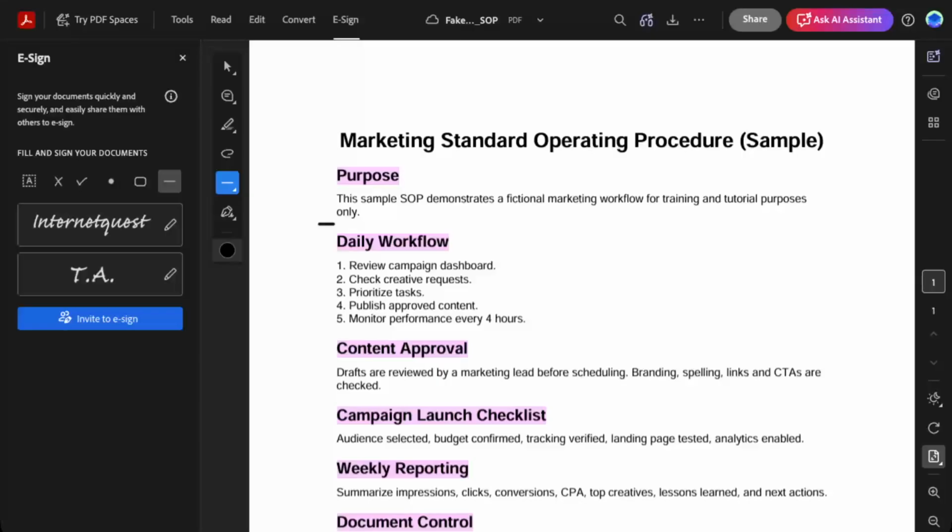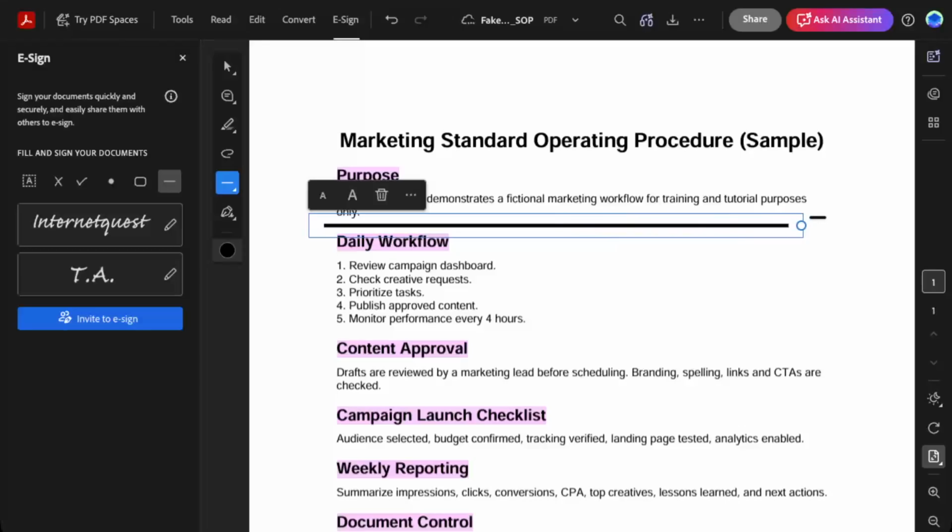With the line tool selected, go to the page and click where you want the line to appear. This places the line onto the document. Try to click as close as possible to the area where you want it, since that can make the next adjustment easier and faster. Once the line has been added, you can drag it horizontally to the left or right